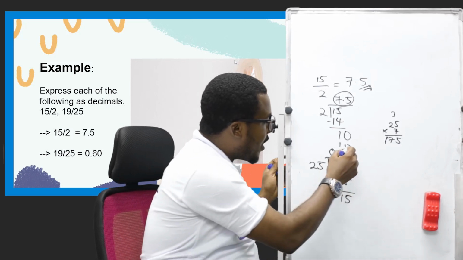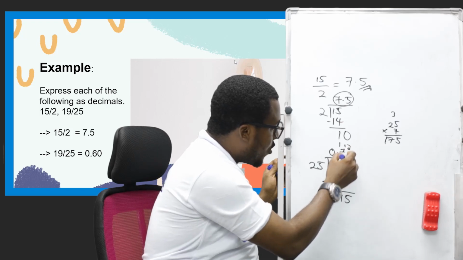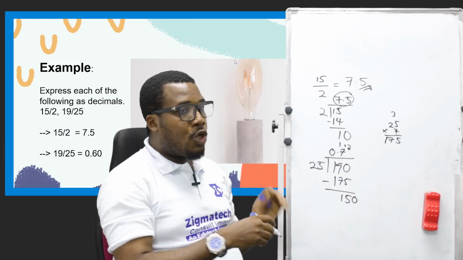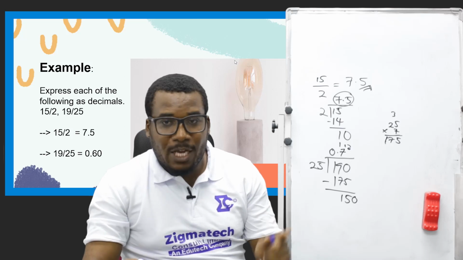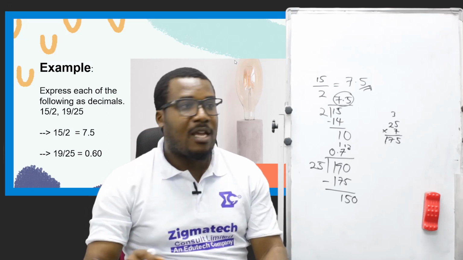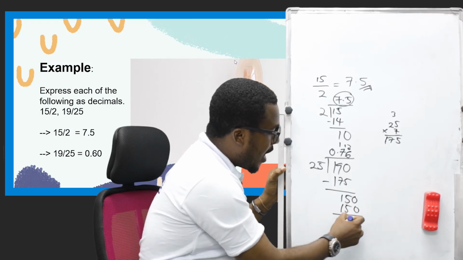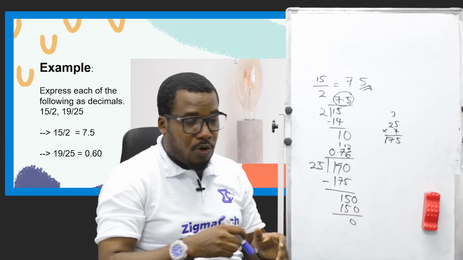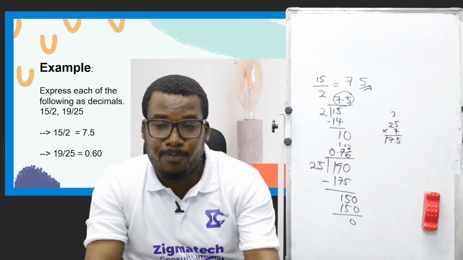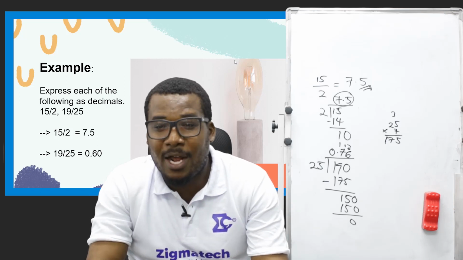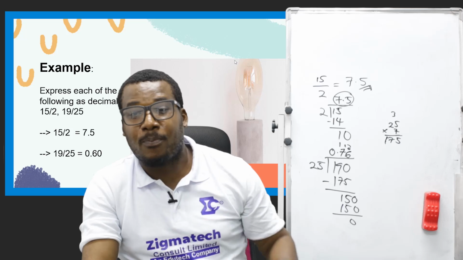25 into 15 will not go, so you add a 0 here. 25 into 150, as we saw earlier on, will give you 6. 6 times 25 will give you 150. And the answer there, our remainder is 0. Quotient is 0.76. Please pardon me with the answer on your screen. It's just a mistake. So please, the answer is